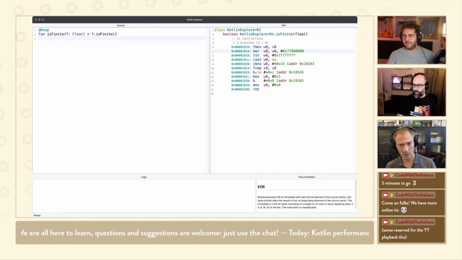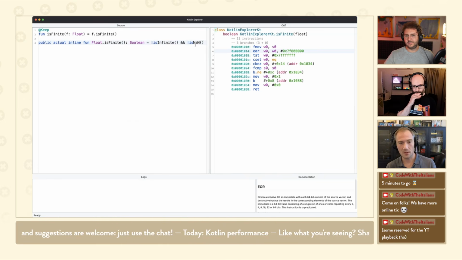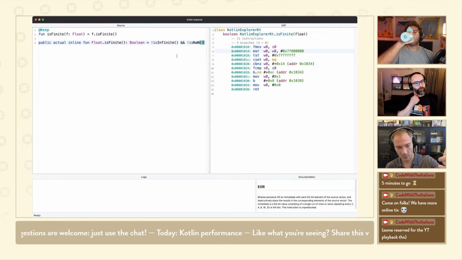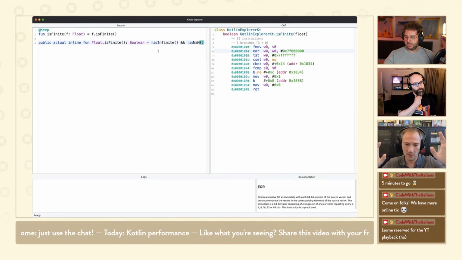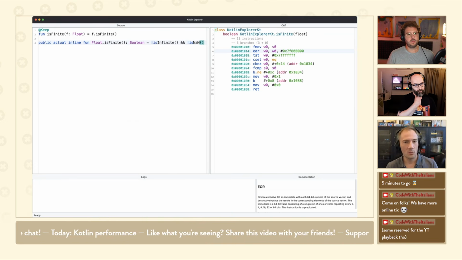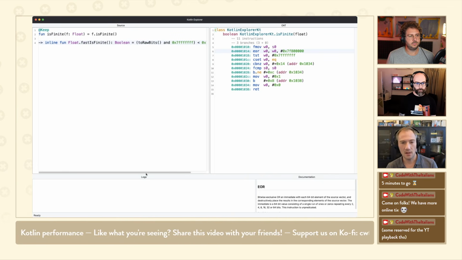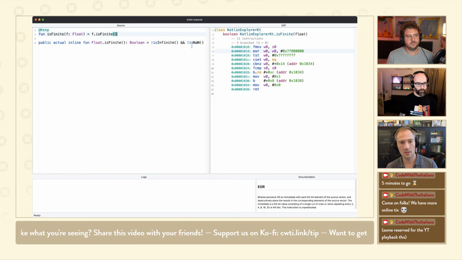So if you look at the source code of Kotlin, this is how it's implemented. And it makes a lot of sense, right? It's an extension function, and it calls isNotInfinite and isNotNaN. So pretty straightforward. But again, if you think about the way floats are represented, we know that regular numbers, if you take the float as an int, are all less than the value infinity. So we can rewrite this test by saying, hey, let's take the bits, let's remove the sign bit, and if it's less than positive infinity, then it's a real number.